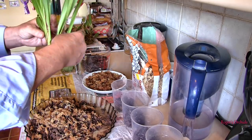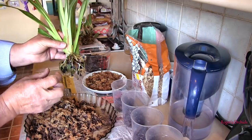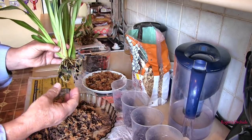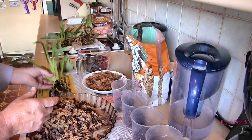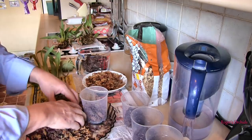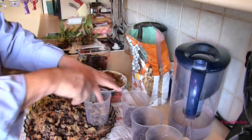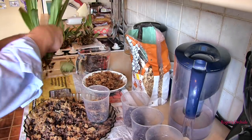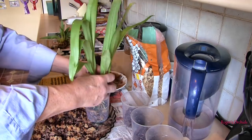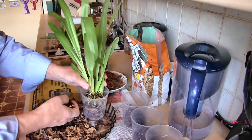The Miltoniopsis cleaned up quite nicely. They do have some reasonable roots. Some old media is going to have to stay there on the grounds I would damage good roots, so they're going to stay, and they'll probably need staking as well, now that they've become insecure or unsecured, whatever you want to call it. This is just a mix of small bark and sphagnum,